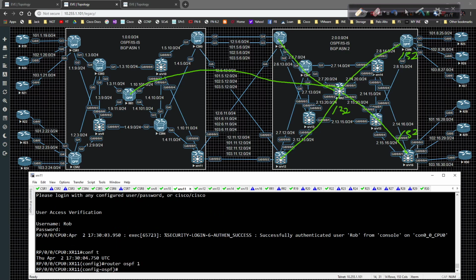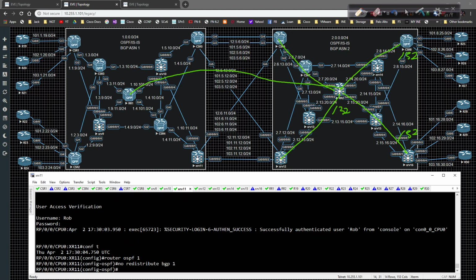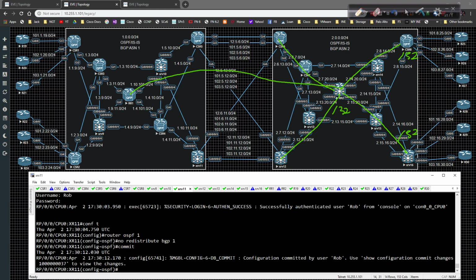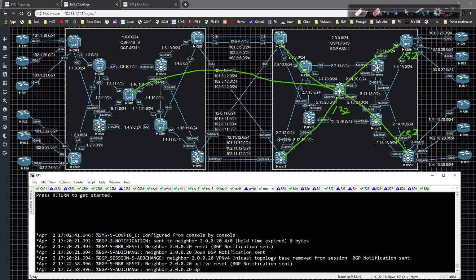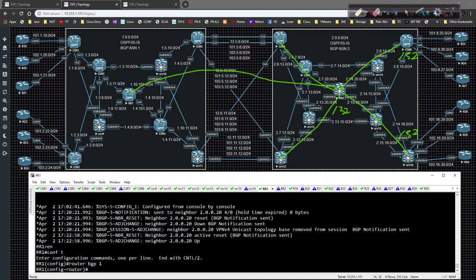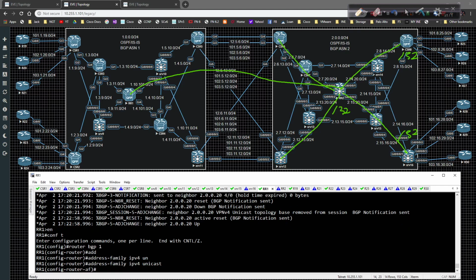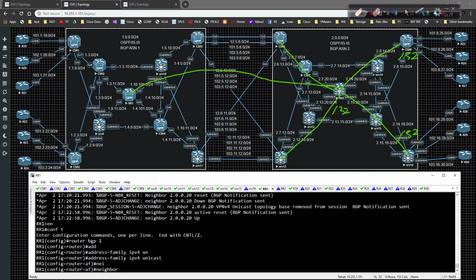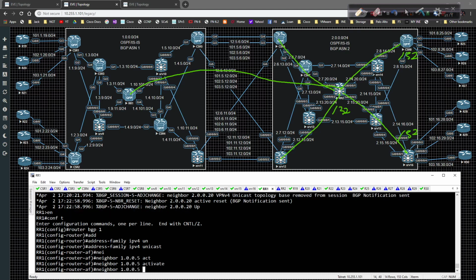Router OSPF 1, no redistribute BGP 1, commit. And then on route reflector 1, we're going to come in here and go to global config, router BGP 1. We're going to type in address family IPv4 unicast, and then neighbor of 1.0.0.5, activate, route reflector client,